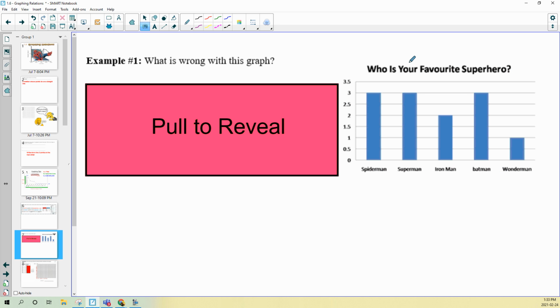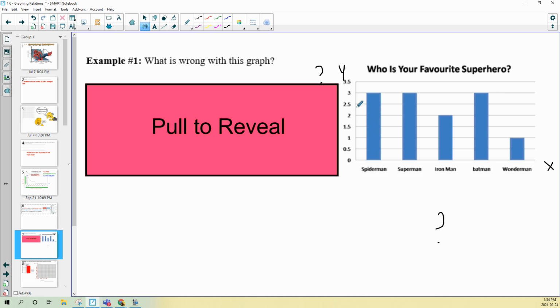So what is wrong with this graph? We do have a title here. However, we're missing a title here and on our y-axis. It's not labeled, so we need to label these. In terms of the amount going up,